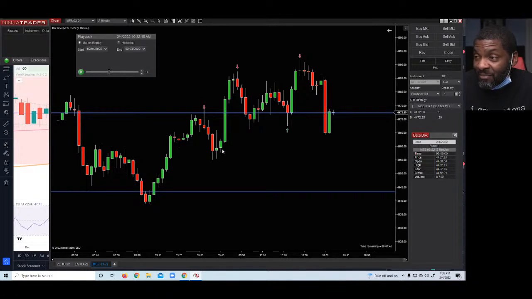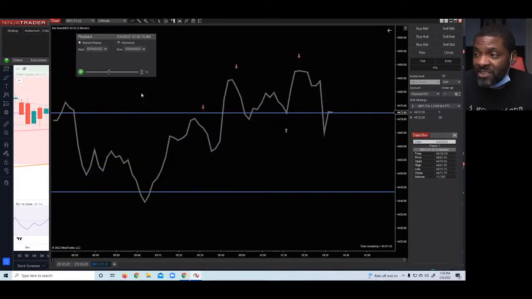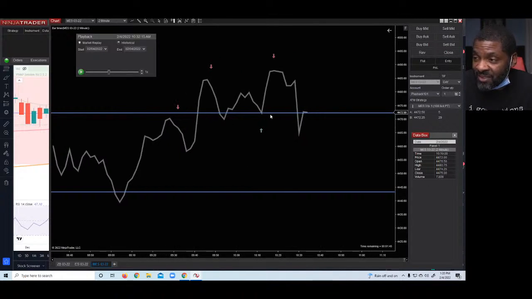Make a high, swing low, swing high, swing low, swing high, break the most recent swing low, and I'm looking to get in at the close of this down leg before it went up on that last leg. Let me show you what I mean by the close. If you put it on a line chart, it's more clear, because a line chart just gives you the close. It doesn't show the wick way down here. This is where the wick is, but the line chart just shows you where it closed.